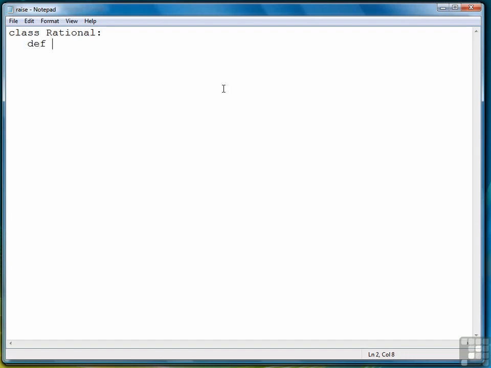So we'll go directly to the definition of the constructor. The constructor will consist of 3 parameters: self, x, and y, representing the numerator and the denominator. So in the body, we'll write numerator equals x. Then we're going to say if y is equal to 0. In other words, if the denominator is going to be a 0, then we want to raise a zero division